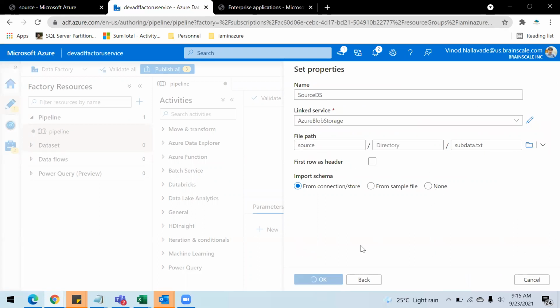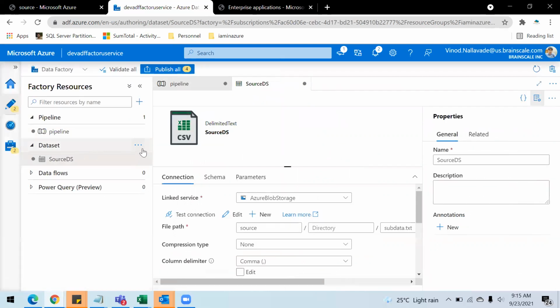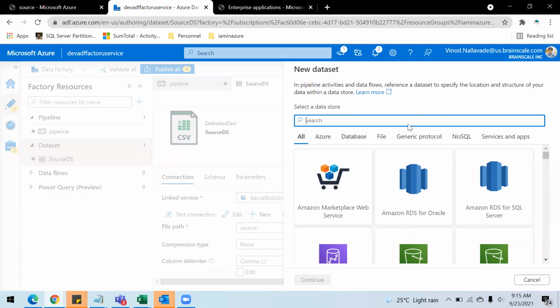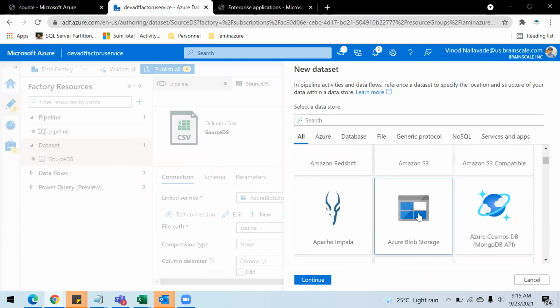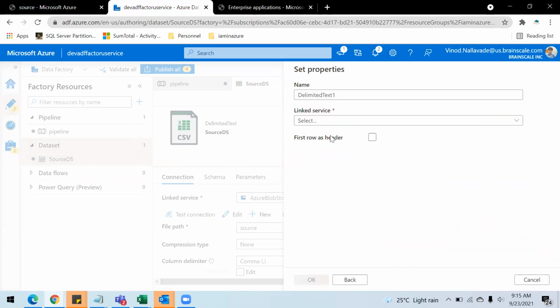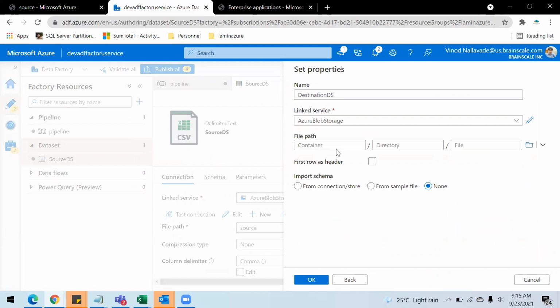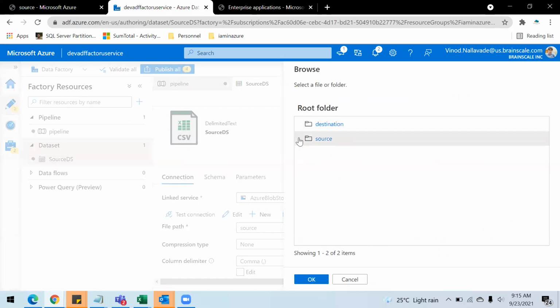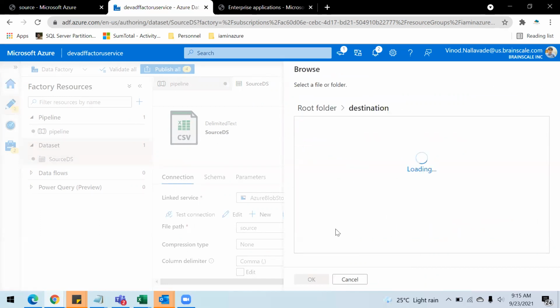So let's save and create one more data set for the destination as well. Let's name this destination DS, and we're going to use the same linked service, and the container name we're going to use is destination.